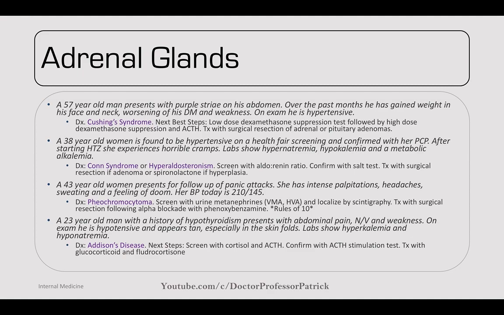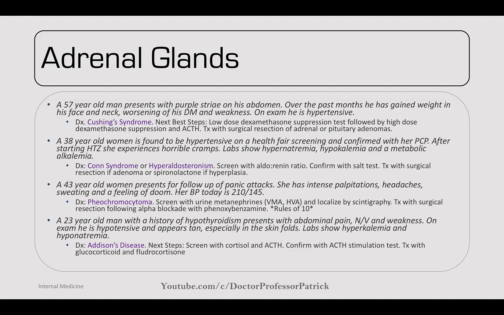She's had intense palpitations, headaches, and sweating, and a feeling of doom. And then her blood pressure on exam today was 210/145. So this can be a presentation of a pheochromocytoma. You want to screen for these with urine metanephrines, the VMA and HVA, and you can localize this with a scintigraphy. So we can treat these with surgical resection if you can find them, and follow up with alpha blockades